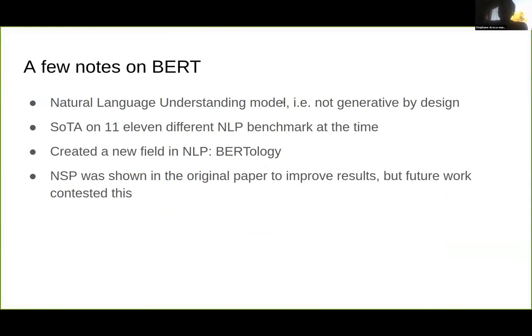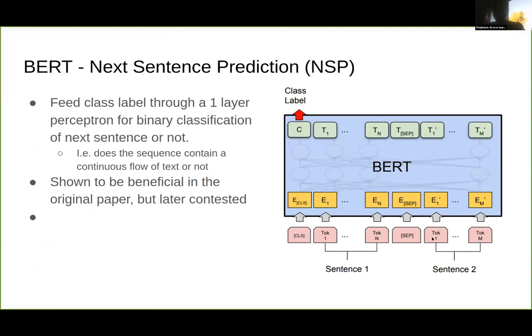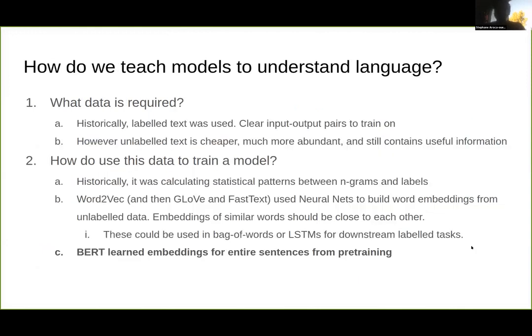When BERT came out, it got state of the art on 11 different NLP tasks at the time and created a subfield in NLP called BERTology. In the original results, next sentence prediction was shown to improve results, but a few papers came out and started contesting this. This is where my first research project came from, because I was looking at NSP and it made sense to me, but people were contesting it. And then I thought, well, can we create